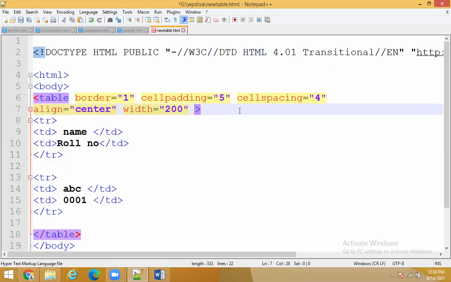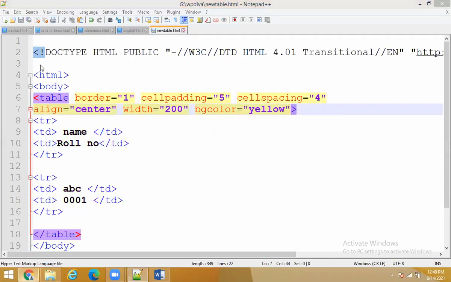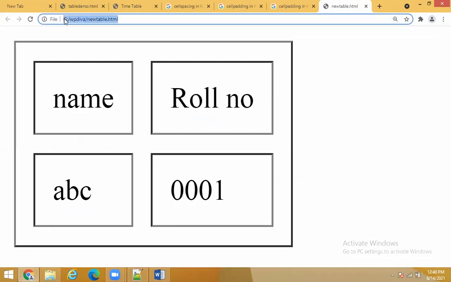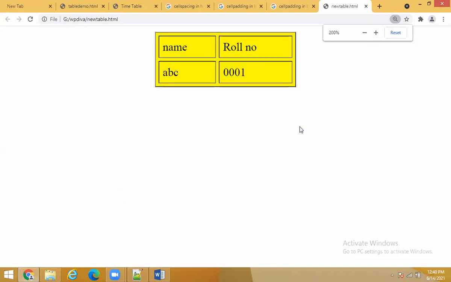So I think there was one more attribute called BGCOLOR. So BGCOLOR we will try, we will take yellow, right? I will just close it, fine. And then what I will do, I will just go back to browser and refresh your file. See, in this way it will come. Did you see that? Okay. So in this way we got it. So the size is enlarged because I have extended the size of the browser to show you, whereas the output appears like this. Is it clear? In this way the table is created.